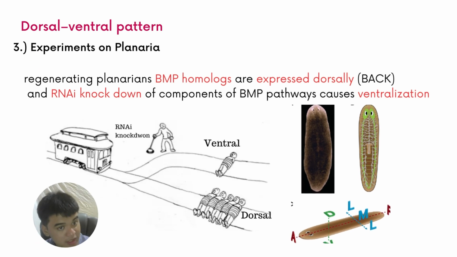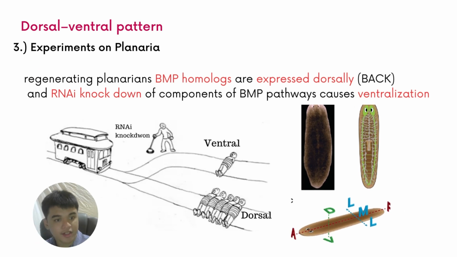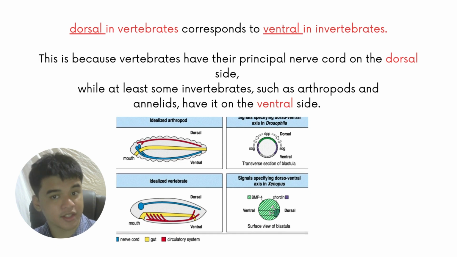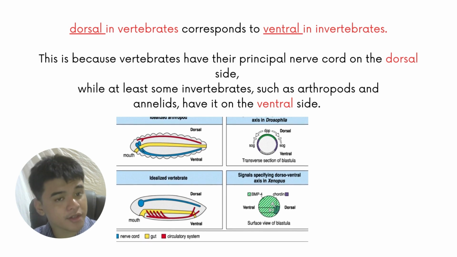So for another animal experimented on, which is the planaria. Here we have the analogy of the chordin problem. If it's occurring naturally, the regenerating planarians will have BMP homologues on the back. But if there's RNA knockdown, it will switch track and express BMP homologues in the ventral portion. And with all those experiments, we now found out that dorsal is BMP-low in vertebrates, but it's ventral in the invertebrates,